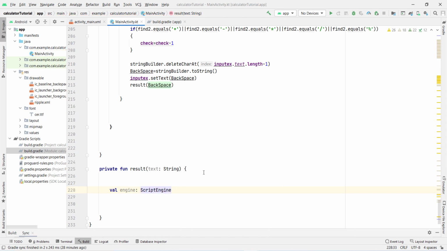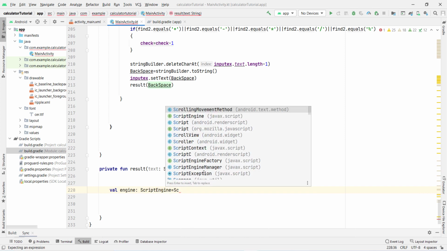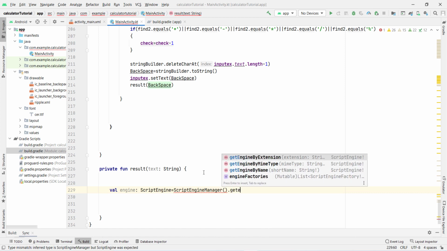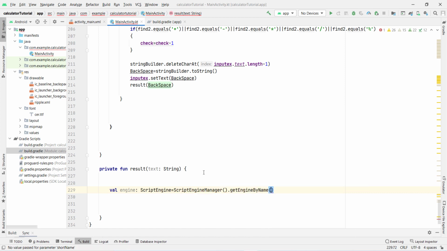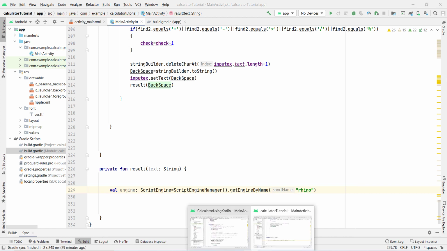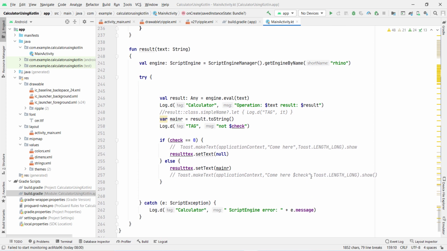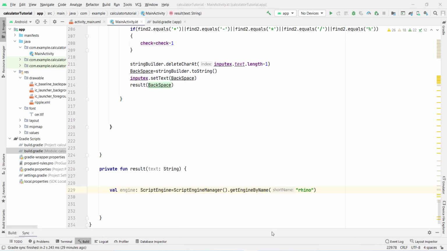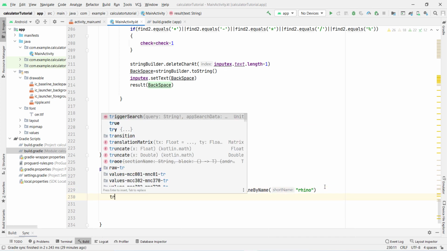Then after this you have to take a script engine manager, and now two braces, and after this dot getEngineByName, and the engine name is Rhino, R-H-I-N-O. So this is the engine name. So I open this, and first of all I confirm whether the engine name is this. So you can see this is the engine name Rhino. So this is fine. Now we have to use a try catch here, try,